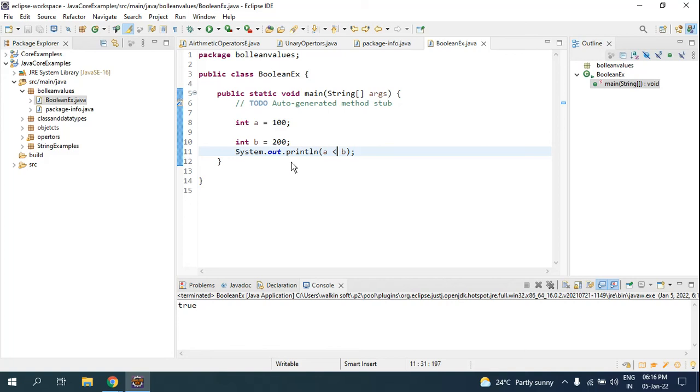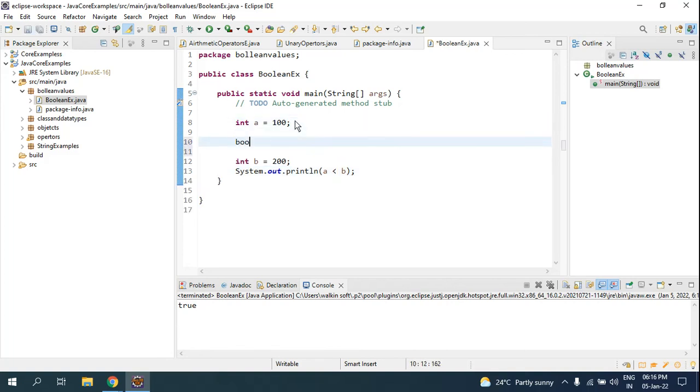And once again I will show you how boolean works here. With boolean, if you assign a value, you can only assign true or false. So this is the boolean data type. It has only two values, either true or false. And even if you have not mentioned the data type, if you use two values and compare them, the output you get is of boolean data type, either true or false.